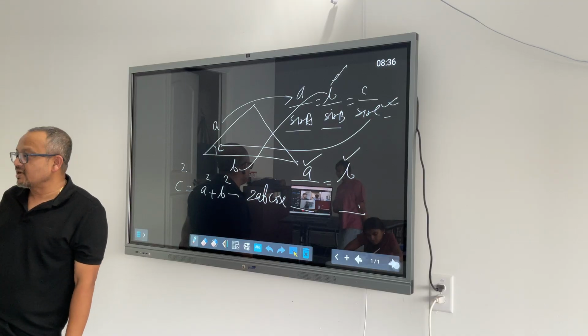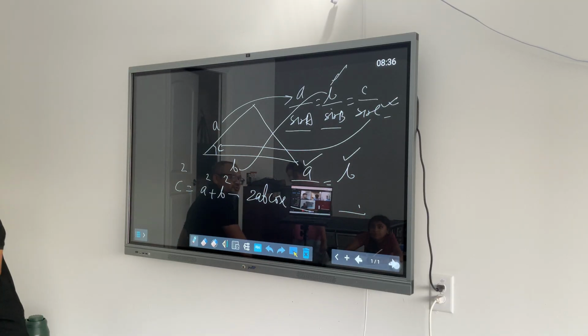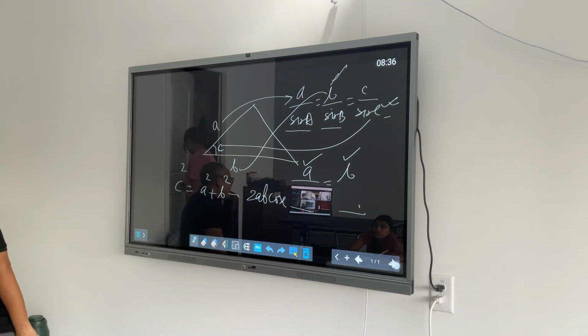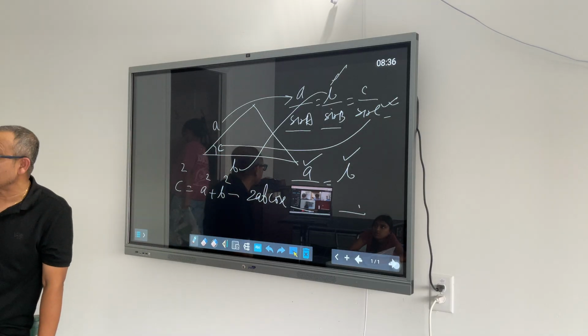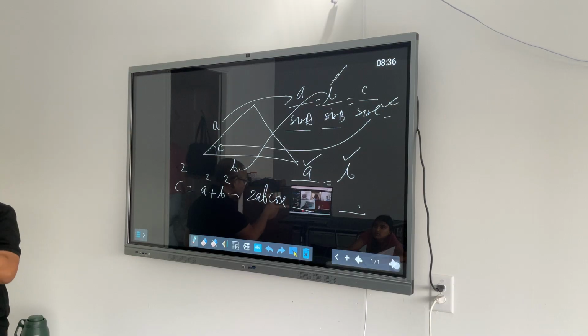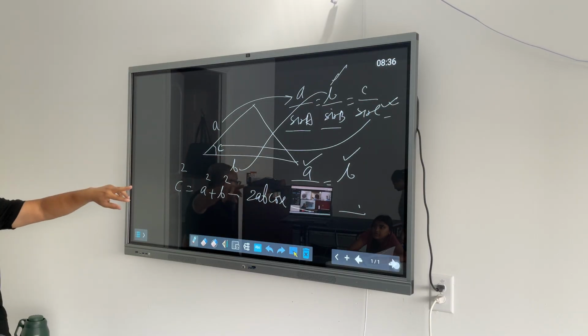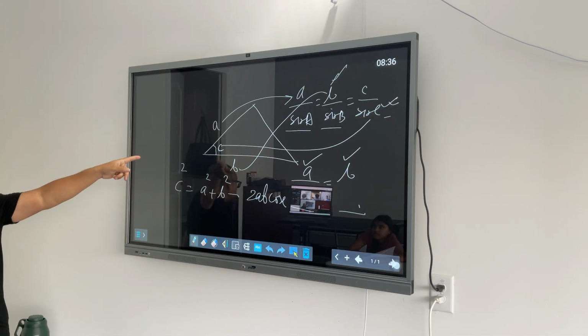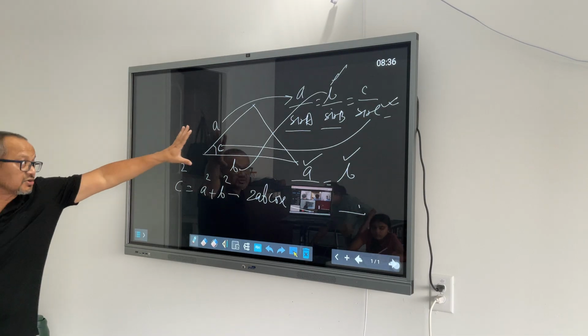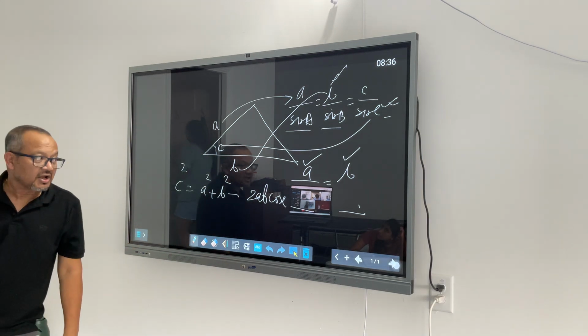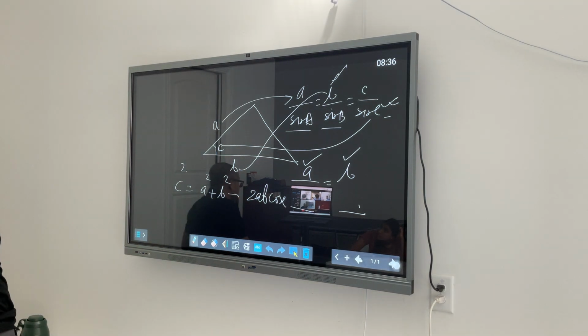So what I was trying to say was, law of sine helps you find out the missing properties if you have any two sides of a triangle known and one of the angles opposite to the known sides is known. However, if the two sides that are known to you, none of the angles opposite to them are known, but the angle between the two sides is known, then you can use law of cosine. That's the primary difference between law of sine and law of cosine.